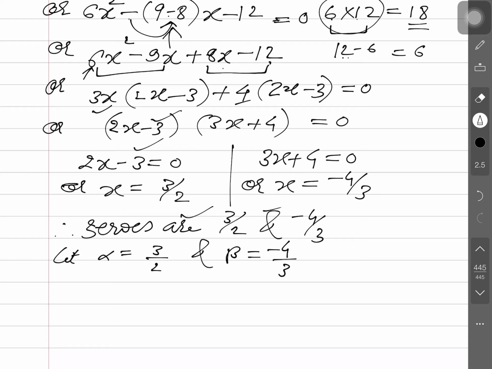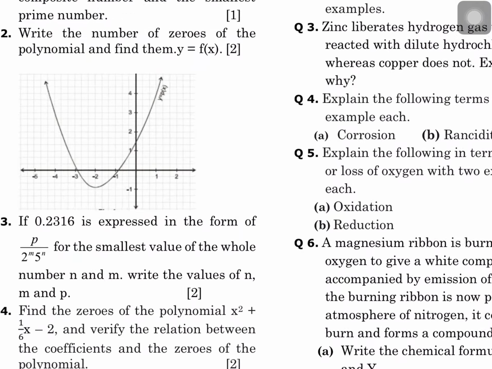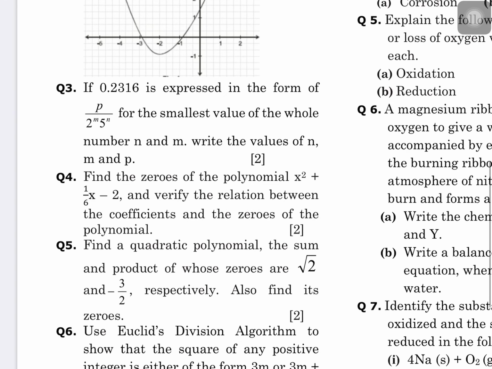This method I generally employ for solving, because this is an easy method. It is slightly long for an average student, but everybody can understand it, and in most refresher books this type of solution is generally used. Okay, now the next portion of the question, the second portion of question 4, you may see: verify the relationship between the coefficients and the zeros of the polynomial.